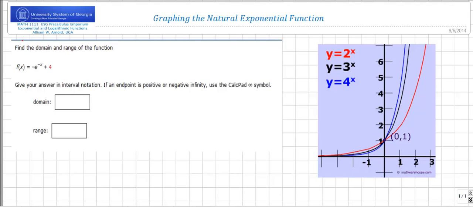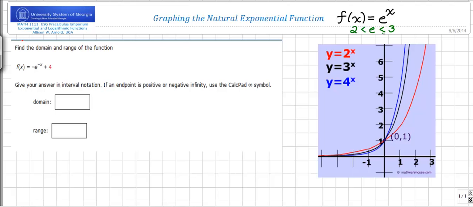Hi everyone, let's discuss the natural exponential function, which is the exponential function with base e. If you remember the number e we discussed earlier, 2.71828. So where would this graph fit in conjunction with the ones I have on the screen? y equals 2 to the x, y equals 3 to the x, y equals 4 to the x. Since e is a number between 2 and 3, more importantly, a number bigger than 1, this will be